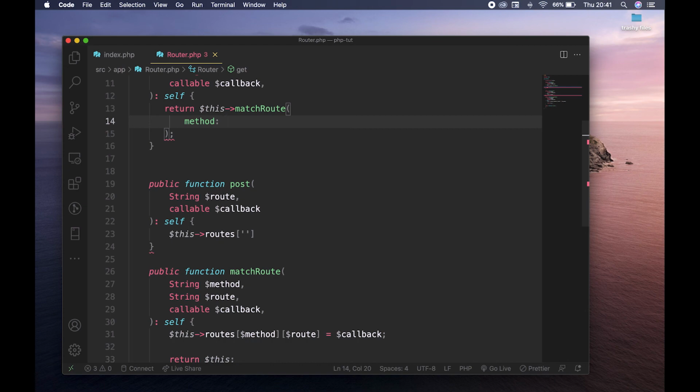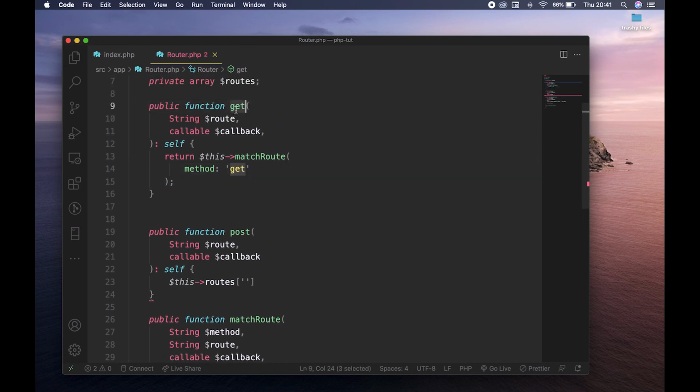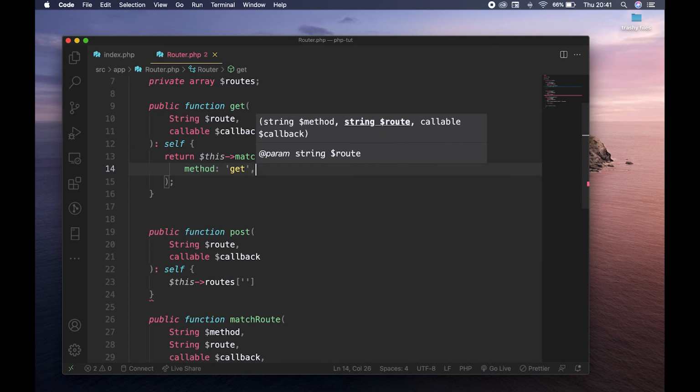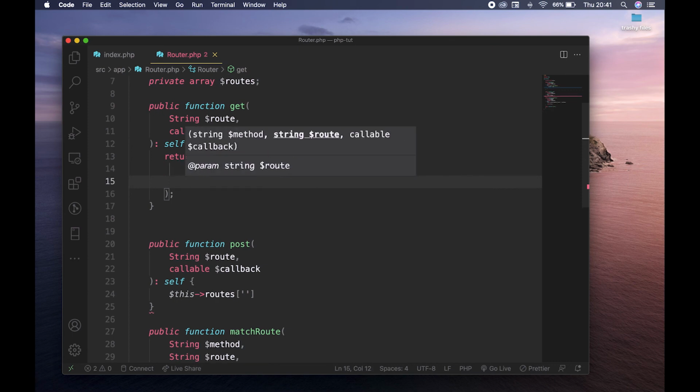So I'm saying the method is going to be get. Okay, this is our get function. Any route we pass in here is going to be the get route, and then we can pass in